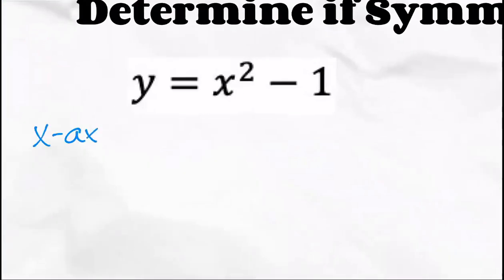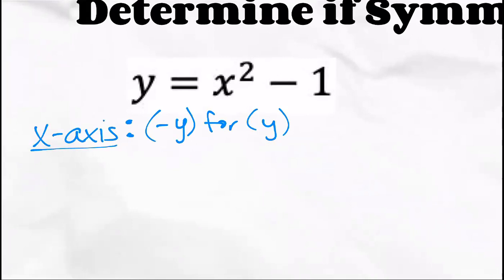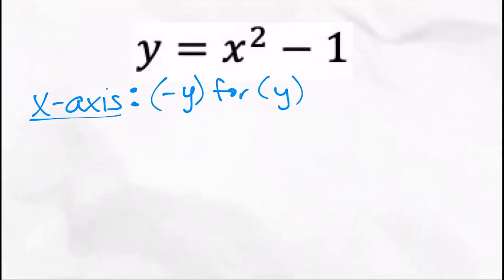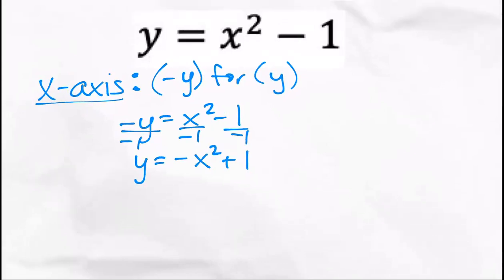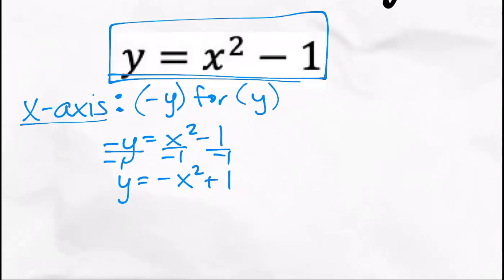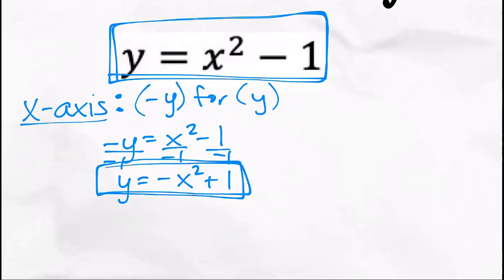So for the x-axis, what I do is I plug in negative y for y and see if it ends up as the same expression. If I do that, instead of that positive y, it's going to be negative y. Everything else stays the same, and then I solve for y. This is almost done, except that's negative, so I have to divide by -1 to get rid of it. So that is negative x squared plus 1. Well, that is not the same thing. An equivalent equation would mean I would end up with this exact expression when I do the math. That is not what I got. It looks similar, but the x squared is negative and the 1 is now positive. So no, it is not equivalent